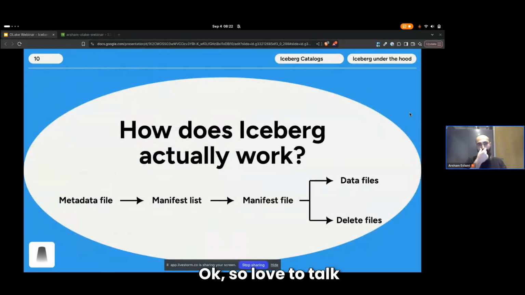Okay, so I'd love to talk a little bit about how Iceberg actually works. So we've got kind of like four layers, I would say. We have a metadata file, which tracks our current state and our past states. Every time we do a commit, as in we're writing data, updating things, deleting things, anything that changes the state of the data, we're actually creating a new metadata file. This file actually keeps some interesting stats for us as well, like the schema of the table, the partition, the sort order, maybe the snapshot info as well.